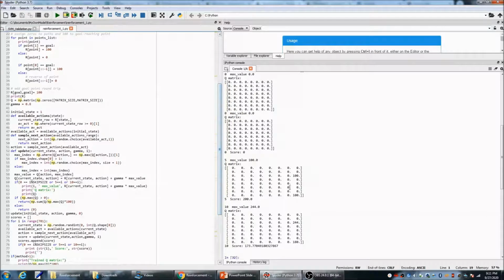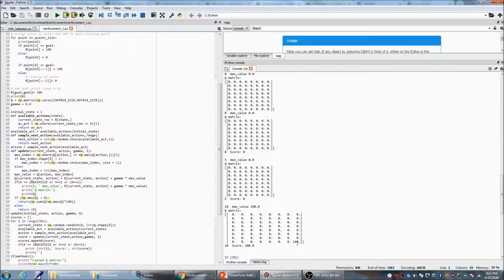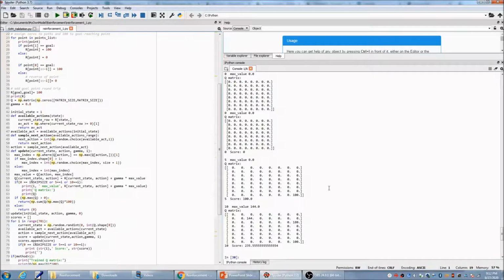Because this matrix was generated by using the initial random number, every time we run it, it will give us different values. For example, I reran it, and at 10 steps, it has 180. If I run it again, sometimes it's even 0. And sometimes it gives you 100.